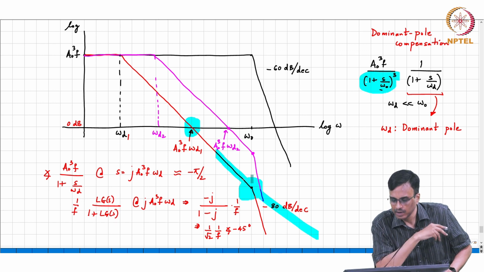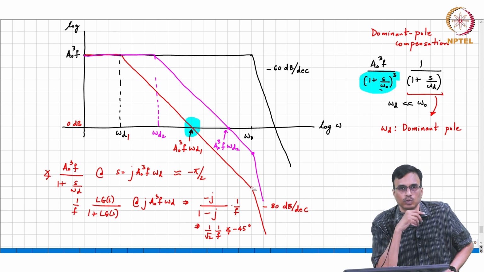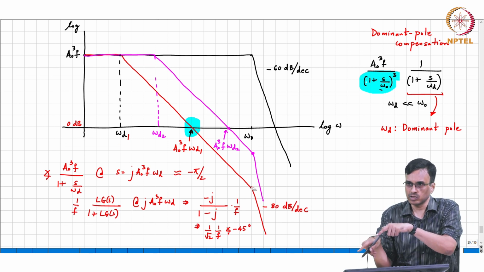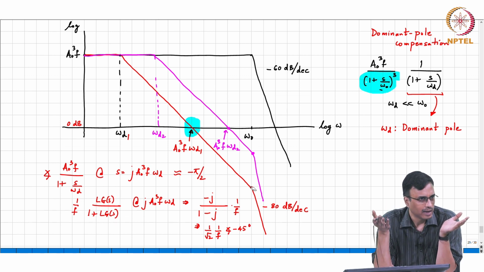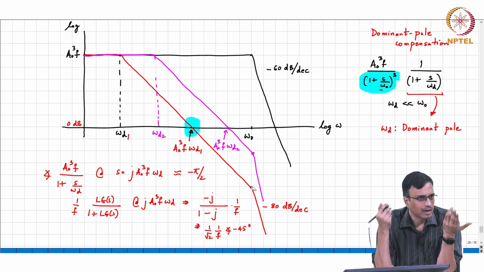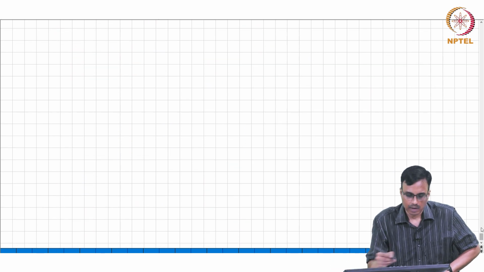Unfortunately, if you have to do this in practice, what practical difficulties do you think this will lead to? Let's say you somehow make a first order system with omega d1. The problem with magnitude measurement is that at the frequency where the response of the first order system deviates from the higher order system, the magnitude is very small, and therefore making any sort of measurement on this becomes fundamentally difficult. But fortunately, it turns out,